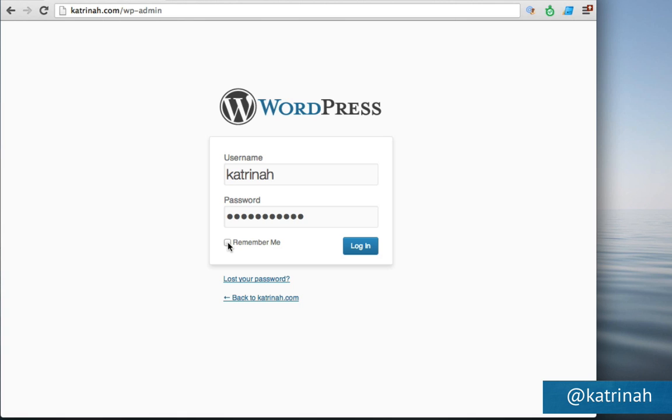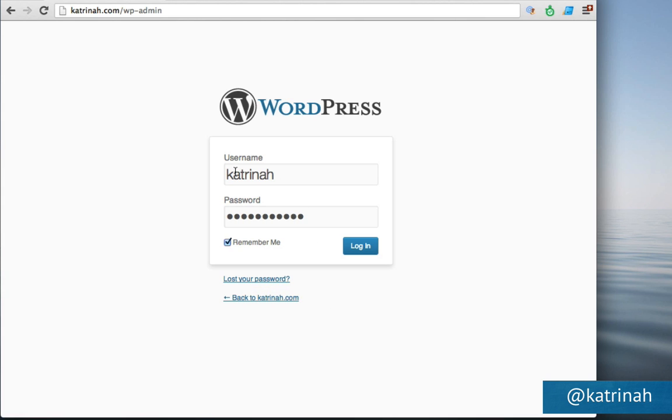And then you want to click on this button that says Remember Me, so that the next time you come to WordPress, your username and password will be remembered. In the event that you forget your password in the future, or perhaps even now, you want to click on this link here that says Lost Your Password, and WordPress will send you a password reset to the email that you used when you were creating your WordPress website.